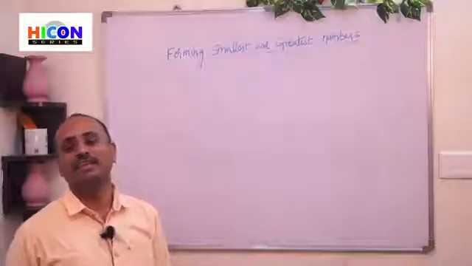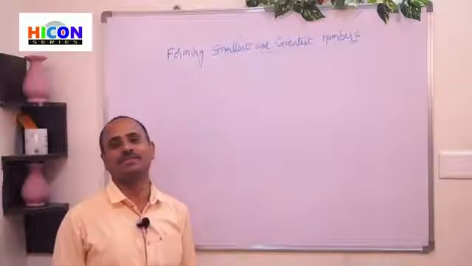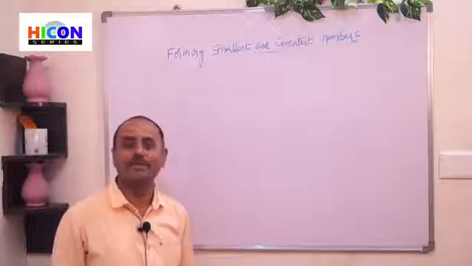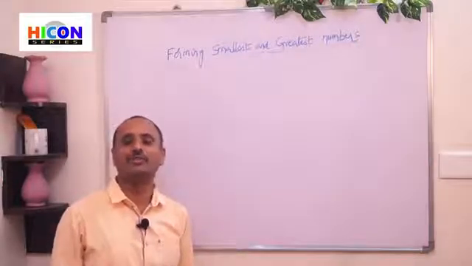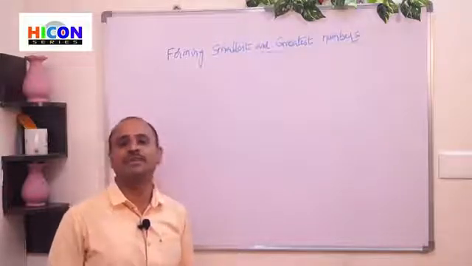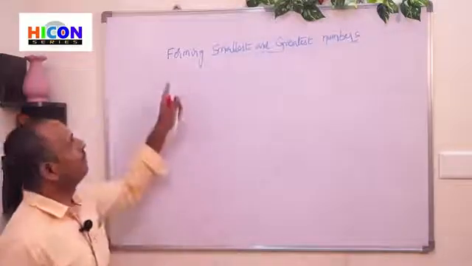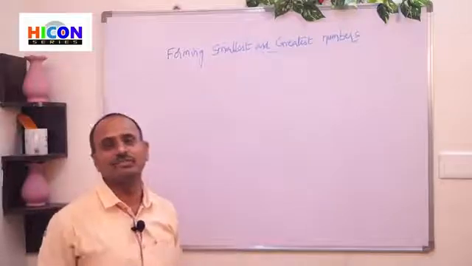Good morning. In the previous episode, we have learnt about ordering of numbers. That means how to arrange the given numbers in ascending order and how to arrange the given numbers in descending order. And also we have practiced some problems in exercise 1.5. Now, the next topic in this chapter is forming smallest and greatest numbers with the given digits.